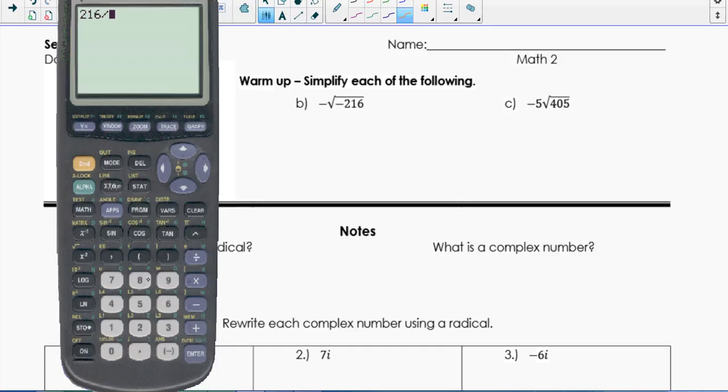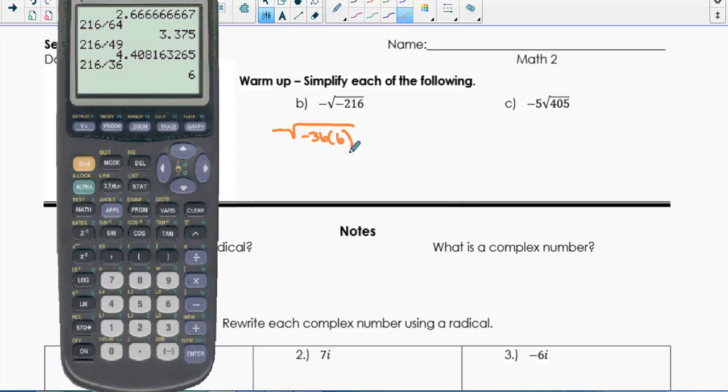So let's say I start with 100. So that's 10 squared. So that doesn't work. And then I go down one. So 9 squared is 81. So that doesn't work. 8 squared is 64. So that doesn't work. 7 squared is 49. So that doesn't work. 6 squared is 36. That works. So if I rewrite this, I have negative square root, and then I'm going to write negative 36